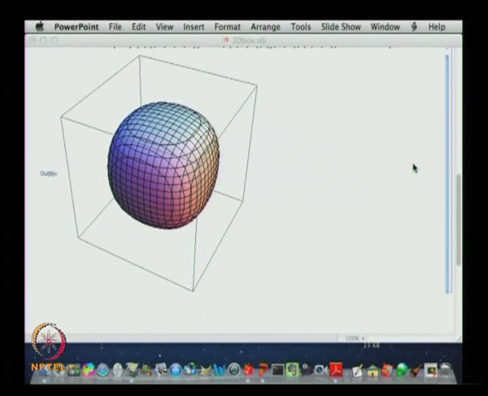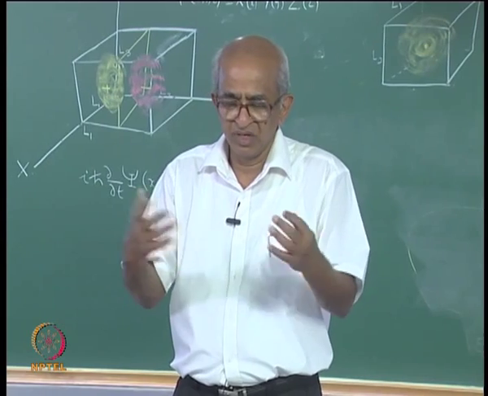If you look at this figure, the way this figure is constructed is as follows. You take the wave function for the ground state. As I said, it has no nodes. So, what is going to happen is that it will have its maximum value at the center, and as you go away from the center, the value of the function will go on steadily decreasing. At the center, let us say it has a value of 1, just to illustrate.